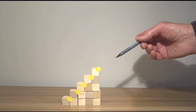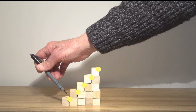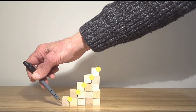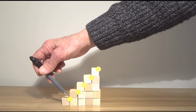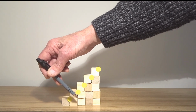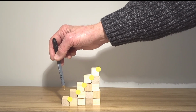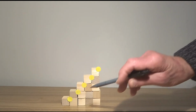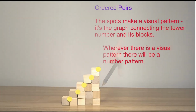And now those points provide another visual pattern, and each one of those points needs 2 numbers to identify it. The tower number and the number of blocks to build it. And each of those pairs of numbers can be written as an ordered pair. In fact, it is an order. It tells you you've got to know the tower number first, and then you'll know how many blocks to use to build it. So, in your journal,